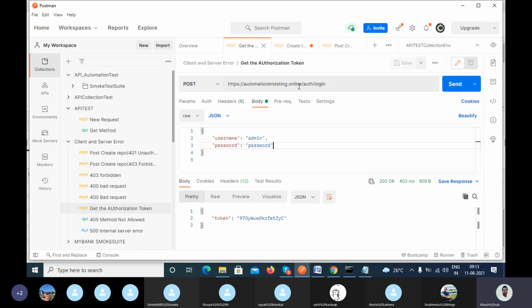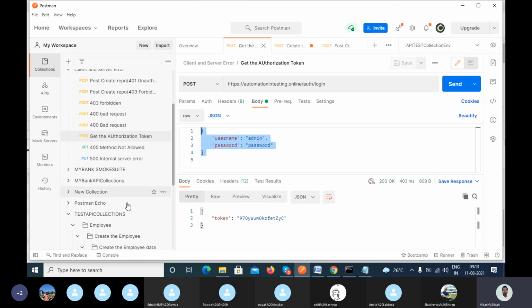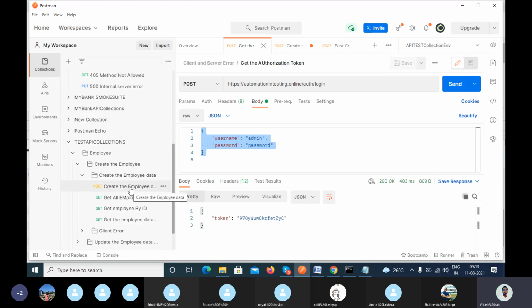Similarly, what we are doing here, authentication, right? We have the separate request. What we are doing here for the post call, we have the separate request. Similarly, you will get the captcha request also. You don't have to worry about how I can call the captcha. What we have discussed, the same thing you will also get for the captcha. You have a separate request for the captcha, and you have to pass the valid data as per your requirement. And when you call it, the captcha gets validated.